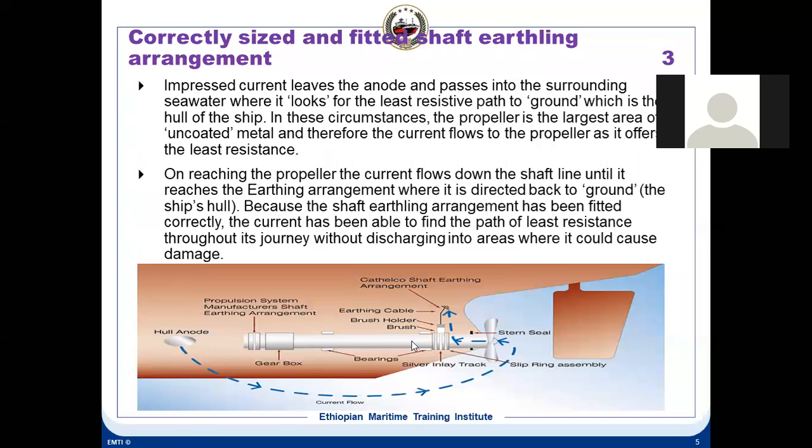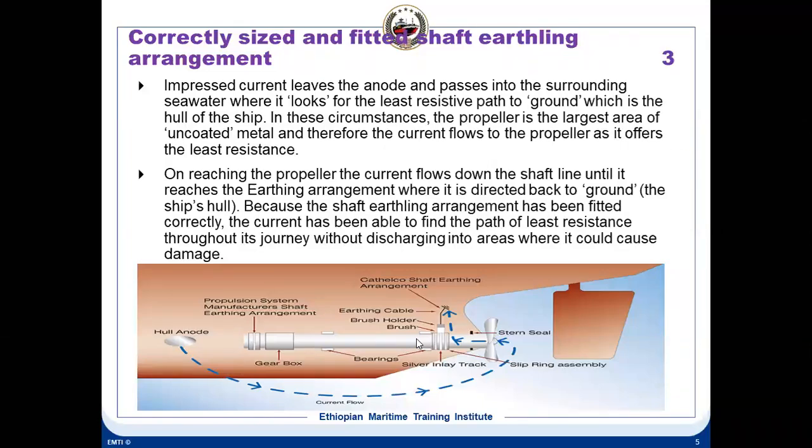You get an alarm in the engine control room, and at that time you have to act seriously, because this has to be attended to immediately. The brushes have to be cleaned. If the grounding is not proper, you can make additional cabling with the grounding, because normally you'll find two sets of brushes here, and you have to ensure that the grounding is very good. And normally while running, the shaft potential with respect to the hull should be around 15 millivolt, 20 millivolt. So when it exceeds 80 millivolt, it gives an alarm.